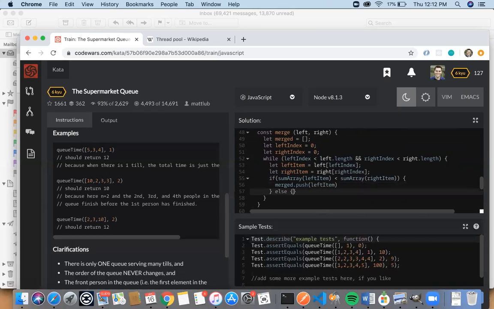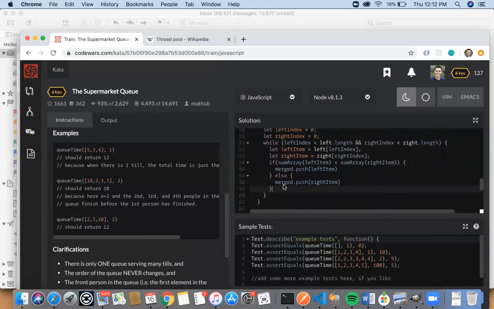Else merged.push(rightItem). Then at the end of that, where's the end of that while loop? I think it's right there. At the end of that, merged.concat